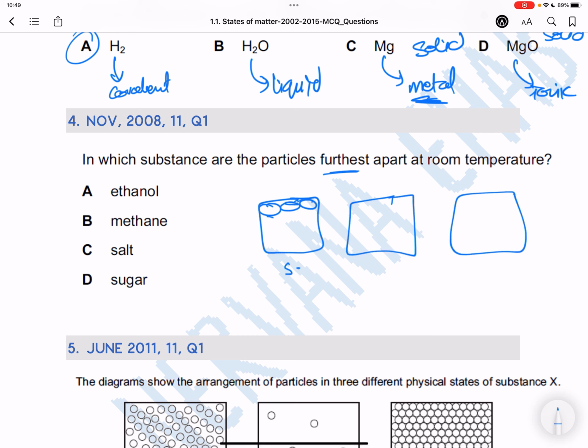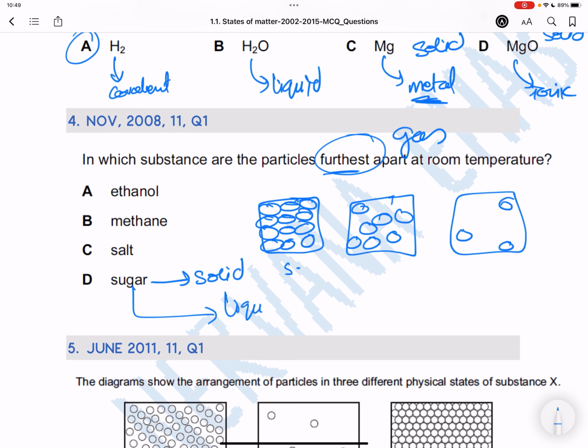We're not going to choose sugar because sugar is a solid at room temperature. And even if dissolved in water, it's going to be a liquid, but it's not a gas, okay? Salt, same thing. It's a solid at room temperature. We have salt at home. And if we dissolve it in water, it's going to make a solution and it's going to be in liquid